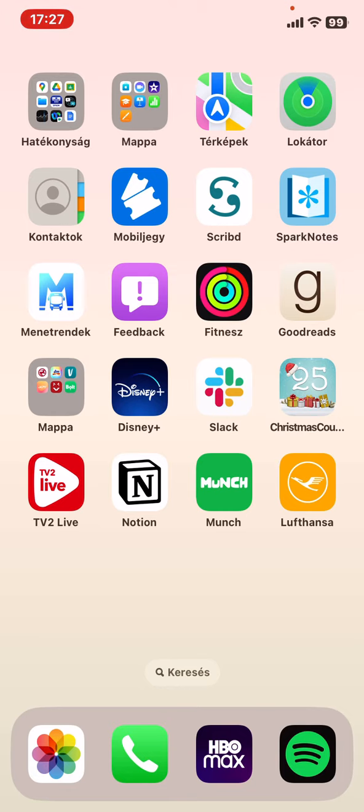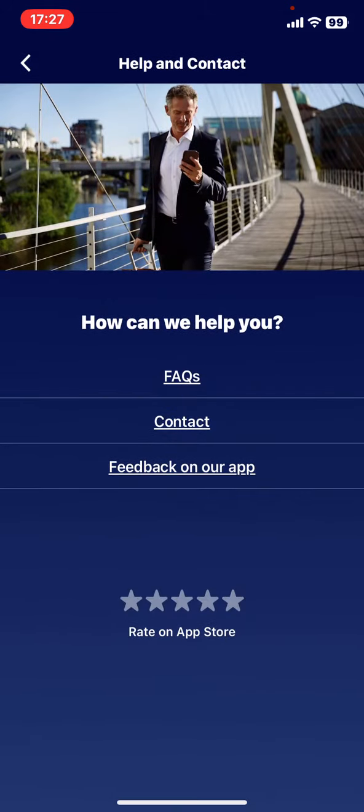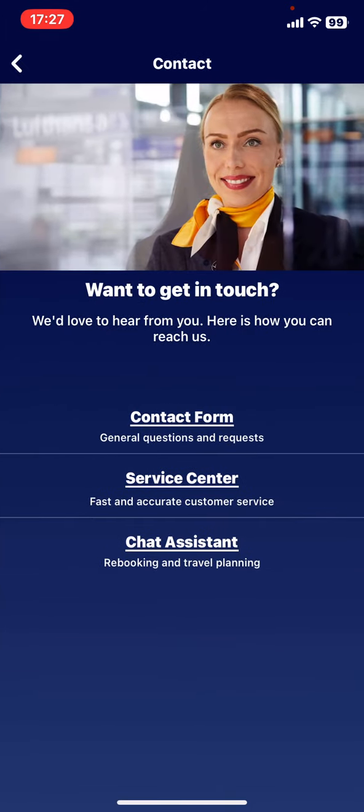Let's jump into it. First of all, open the application on your phone and click on the little chat sign at the top of the page on the right next to the bell, and click on contact. And here you can see three options, so just click on the first contact form,